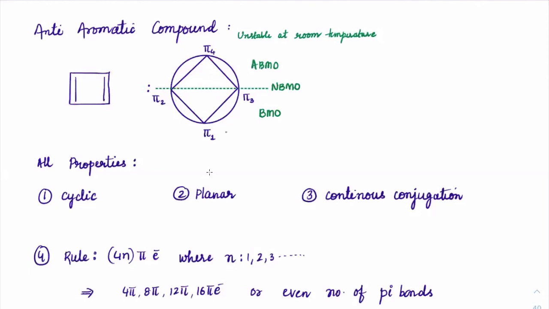So the first 2 electrons I will give to the bonding orbital. The next 2 electrons will be in the non-bonding molecular orbitals. So 2 electrons would be present at this energy level, right? When you have a bonding molecular orbital, that brings stability. If you have non-bonding or anti-bonding molecular orbitals, that will always bring instability to the molecule. So you can see there are two unpaired electrons in a non-bonding molecular orbital. So overall it will give instability to the molecule, or the molecule will be highly unstable.